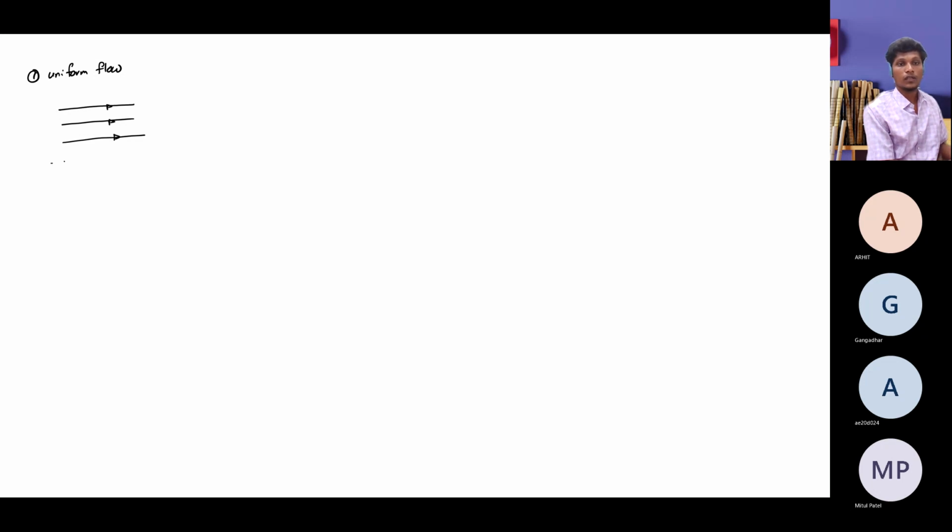It can be oriented in any particular direction, either X or Y or any direction, but it should not vary with respect to space. And it should be a steady flow. It need not be aligned along your X direction. It can be aligned along your Y direction. It can be aligned along any XY radial direction, but its velocity vector should not change at any point with respect to time also. That is what we call uniform flow.